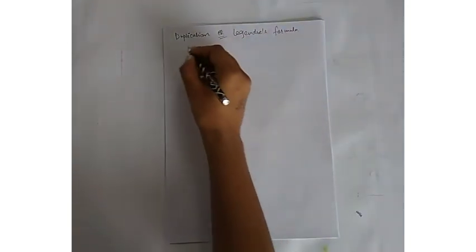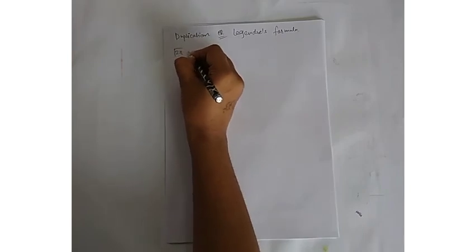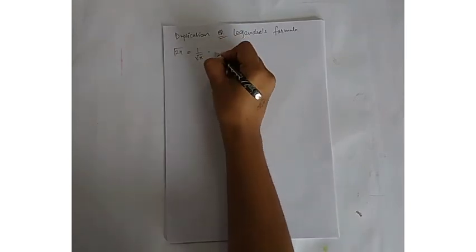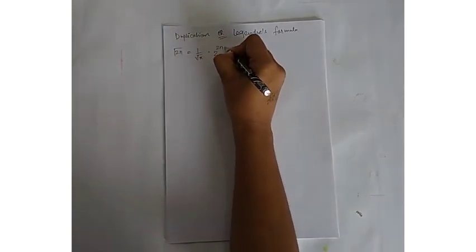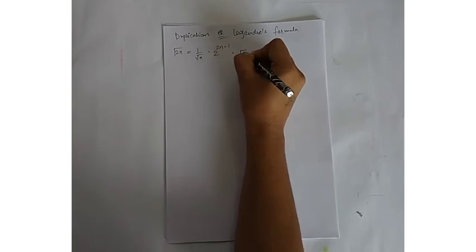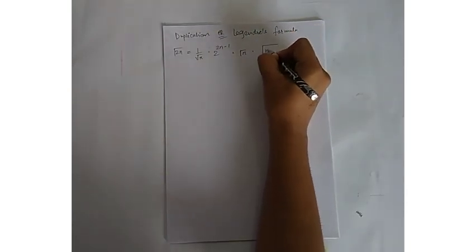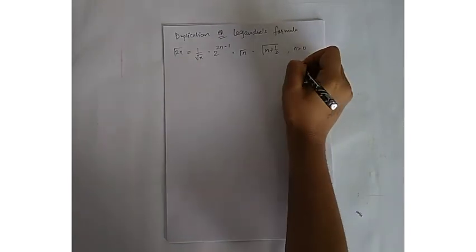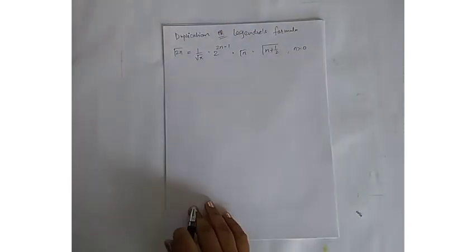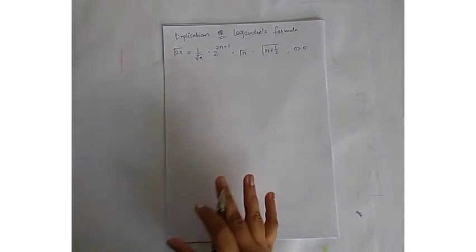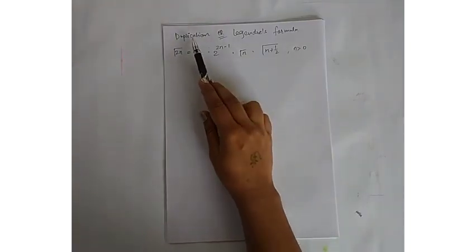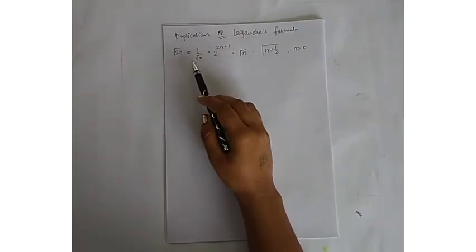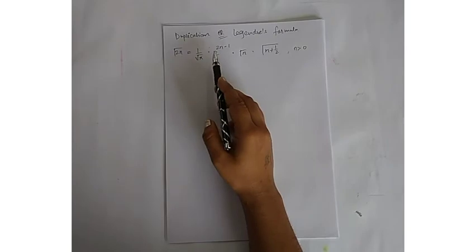So the formula is gamma 2n is equal to 1 upon square root of pi into 2 to the power 2n minus 1 into gamma n into gamma n plus 1 half. And this is true for n greater than 0. Right. So you have to remember this formula, which is called the duplication or Legendre's formula. We are going to use this formula in an example.